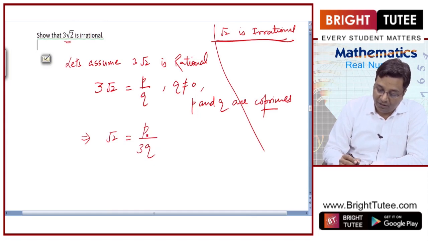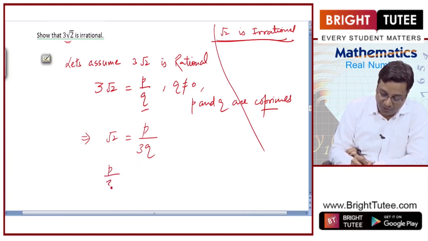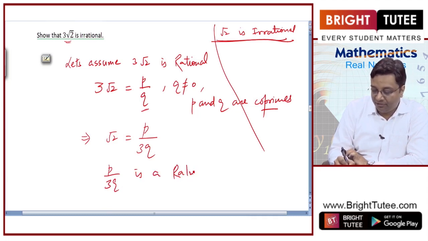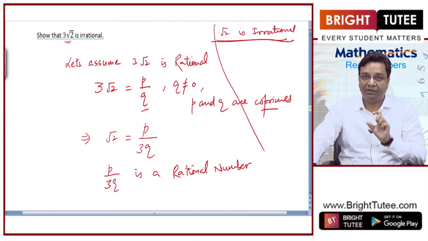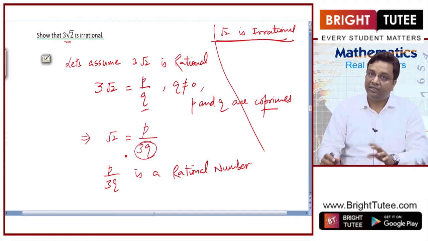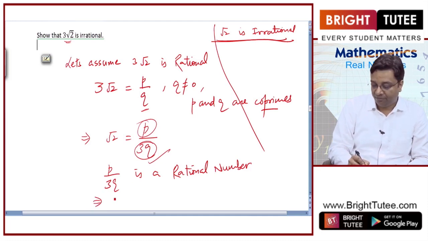Now I know that P and Q both are integers and Q is not equal to 0. So P by Q is a rational number. Hence I can say P by 3Q is also a rational number. Why? Because it is already written in P by something form, and that something, which is 3Q, is not equal to 0 because Q is not equal to 0. So I have written it in P by Q form. So this is rational. This implies that root 2 is also rational,